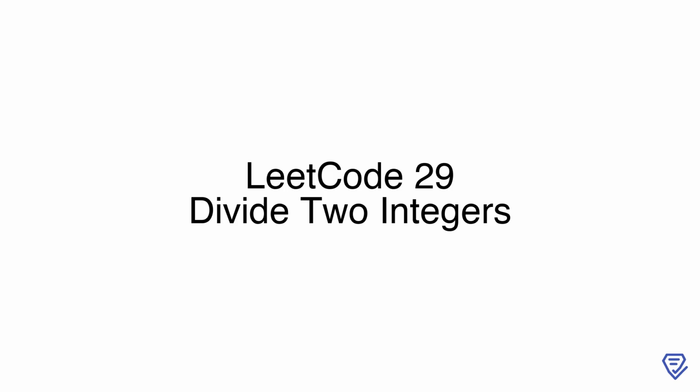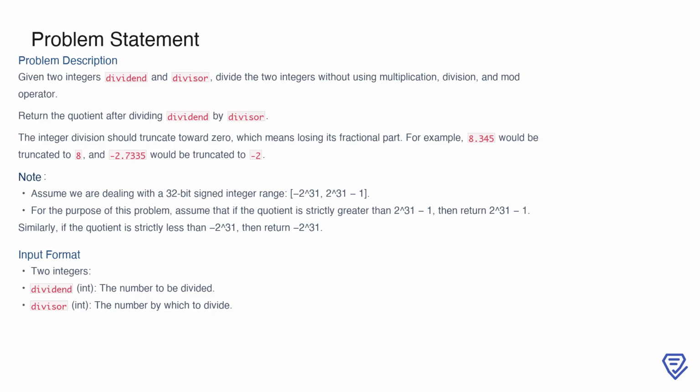Let's get started. In this problem, you are tasked with dividing two integers, dividend and divisor, but without using the standard multiplication, division, or modulus operators. Your goal is to calculate the quotient resulting from this division. The quotient should be truncated towards 0, meaning any fractional part is dropped. For instance, if the result is 8.345, it should become 8, and if it's minus 2.7335, it should become minus